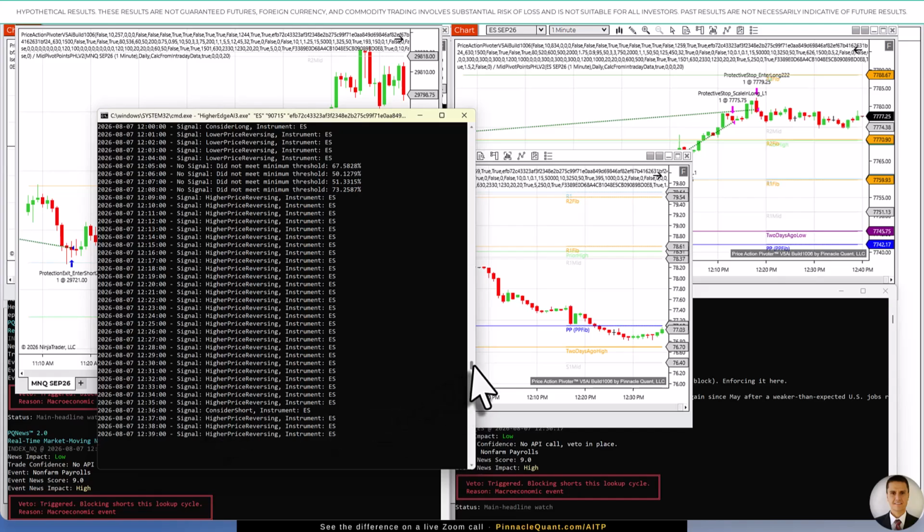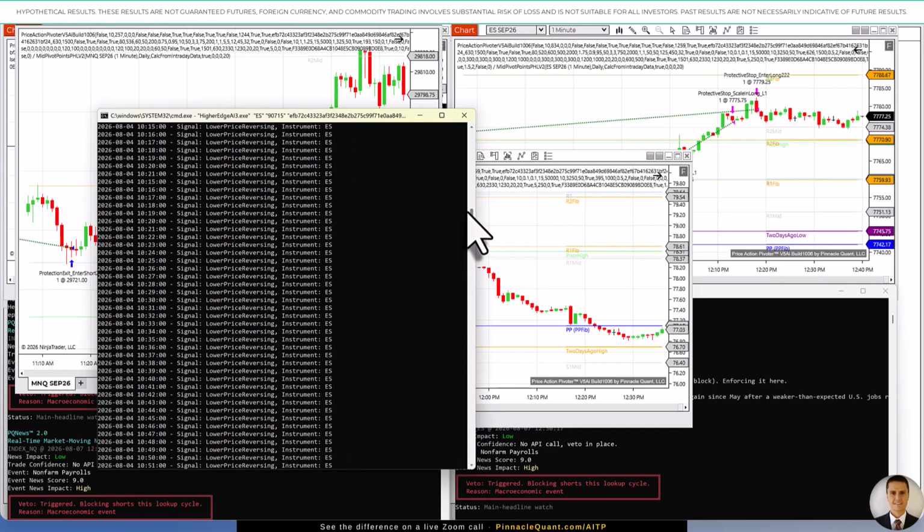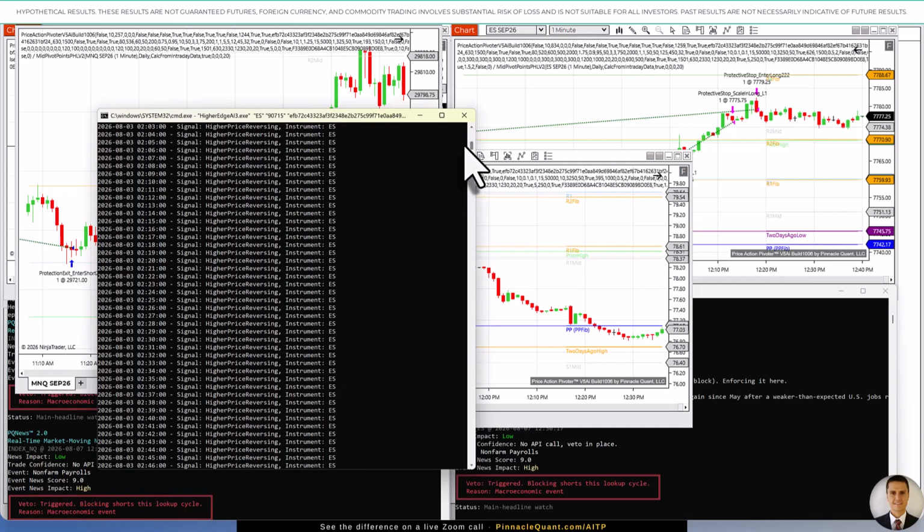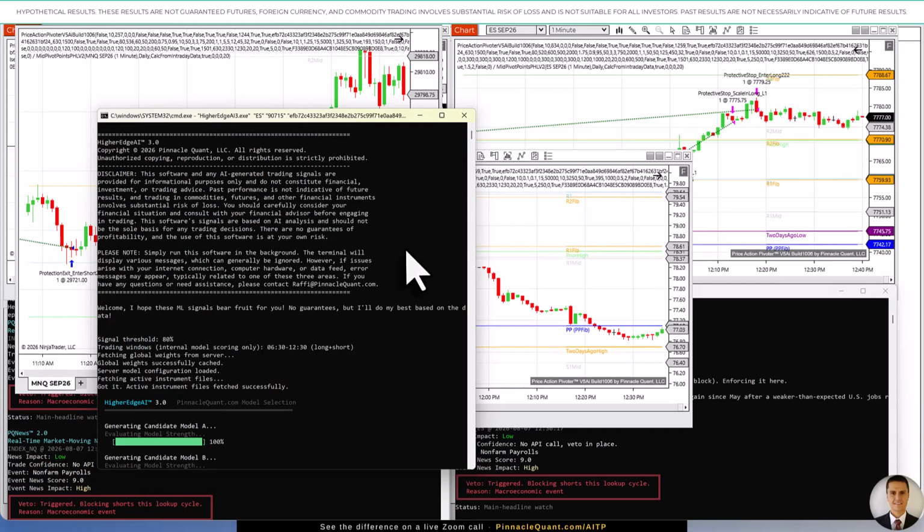And these signals are being written to a TXT file, which is generated on my machines, my servers, and that TXT file is written on your VPS or your trading machine from my servers. Okay, that is basically a security authentication. In addition to the API key, it is doing the CSV file, the DXT, where the HigherEdgeAI model is learning